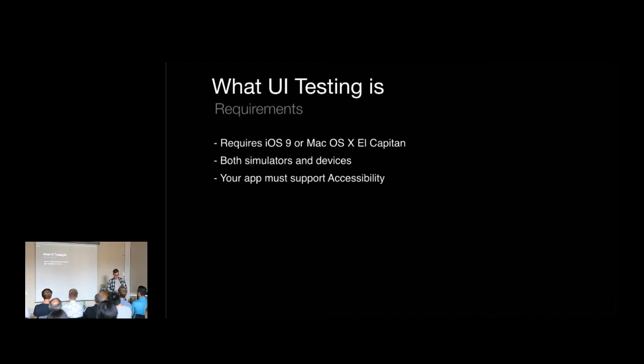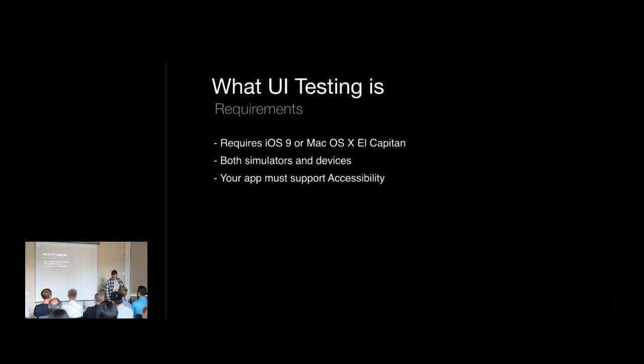Everything works. And this is a big must: your app must support accessibility. Because the UI testing APIs use the accessibility APIs of iOS or your Mac to retrieve the elements on your screen. So if you haven't added accessibility labels to your standard UIKit components, now is the time to do it. If you haven't implemented accessibility support for your custom components, this is the time to do it. Your users will be happy because you have accessibility, and you will have a much easier time writing your